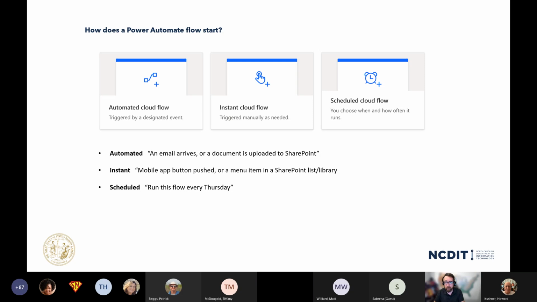So if you know that at the end of the month, you've got a financial report that's due and you have to send it to your boss every month without fail, maybe you've written a Power Automate flow that grabs a document from here and grabs one from there and puts them in the same folder together, or sends you a notification on Teams, or does something like that. It's based on a time, and you can define, and we'll do one of these as an example, whether you want that to happen every day or once a year or whatnot. So you've got some flexibility there, and we'll go over that in the demo.